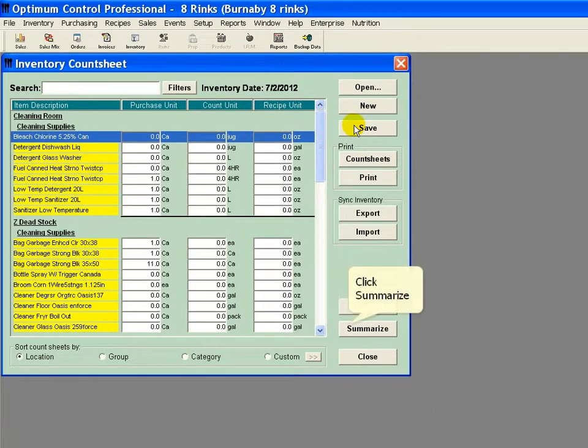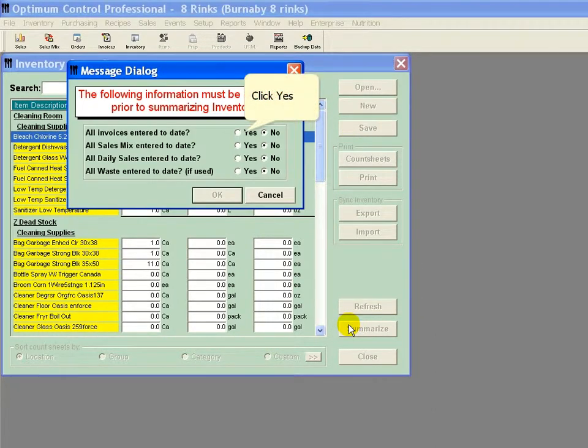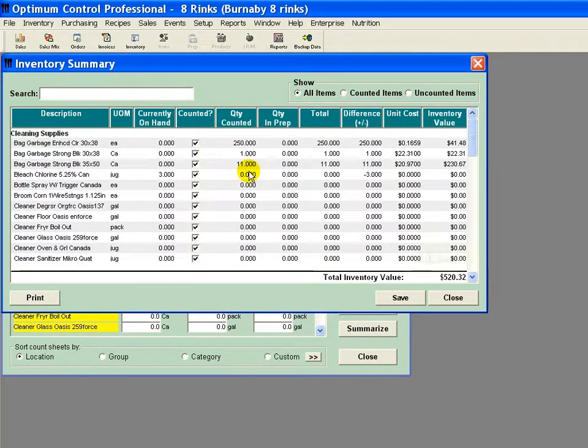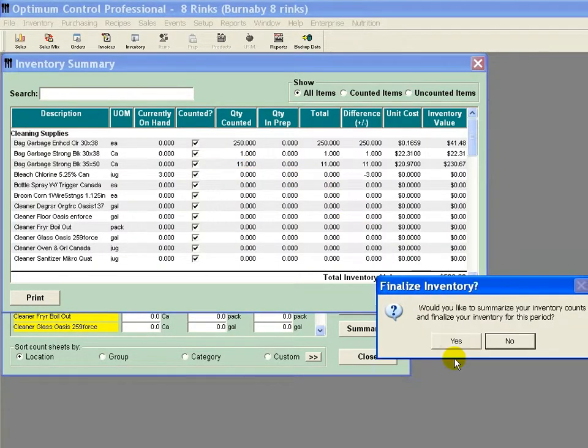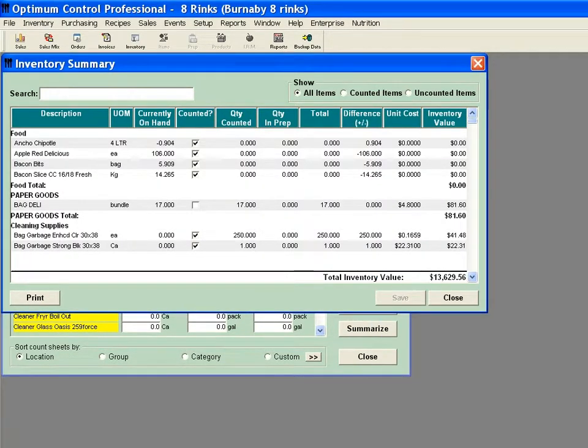I click Save. At any time I can leave and come back. I click Summarize. I go Yes, yes, yes, yes. OK. Now, because this is my last inventory count sheet that I have to do, after I click Save, and it's going to finalize it, it's going to ask me, would you like to summarize your count sheets and finalize your inventories for this period? Which means that all 3 different inventory lists have been finished, and I can go Yes, and it will finalize my inventory counts for the period. Once that's done, you close that, and your inventory is summarized and finalized for the period, and you can now look at